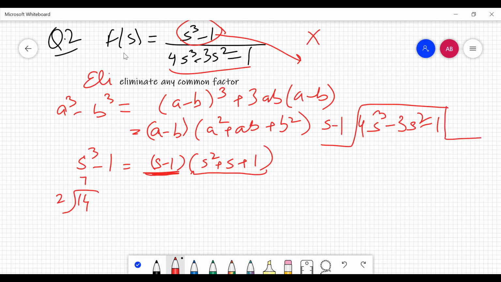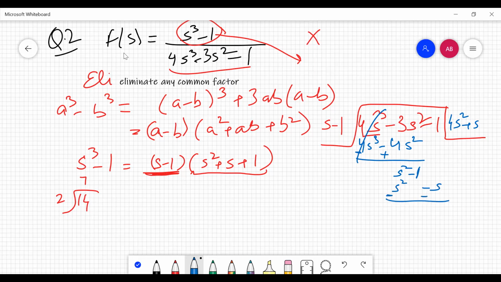So the very first thing you are going to do is eliminate the leading term. For that you multiply by 4s square, which gives 4s cube minus 4s square. Negating it, the positive and negative terms cancel out and you get s square minus 1. Now you multiply by s and get s square minus s. Again the terms cancel out, so you get s minus 1 and the last term is plus 1. So you get s minus 1.